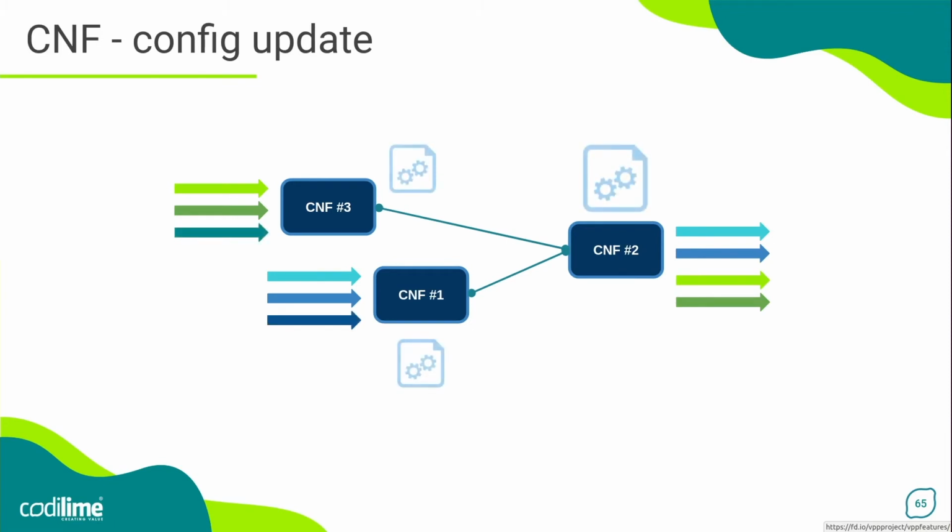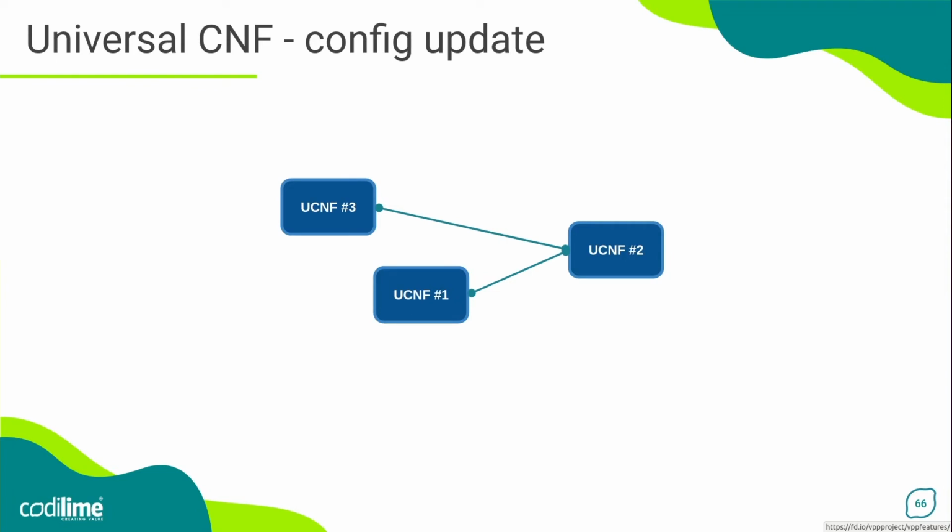In general, whenever there are new flows to be processed, one or more CNFs must have their config updated. The main conclusion from this example is that in real-world scenarios where CNFs are used, their configuration changes over time. Moreover, it happens many times. Now we ask ourselves, how does this relate to the UCNF use case, where the approach to configuration seems to